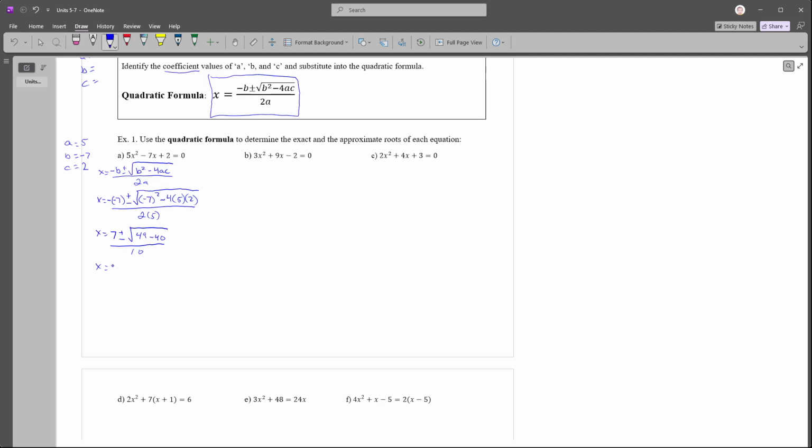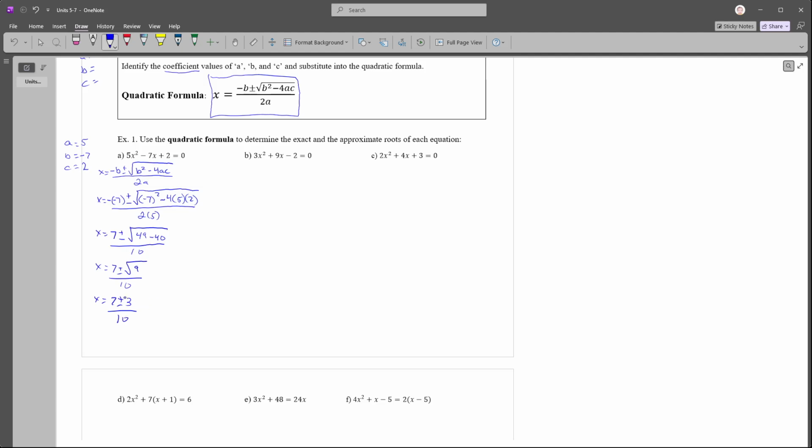So let's simplify it a little bit further. So we have x is equal to 7 plus or minus the square root of 49 minus 40. That's the square root of 9 over 10. Oh, that's a nice number. So we have x is equal to 7 plus or minus 3. Square root of 9 is 3